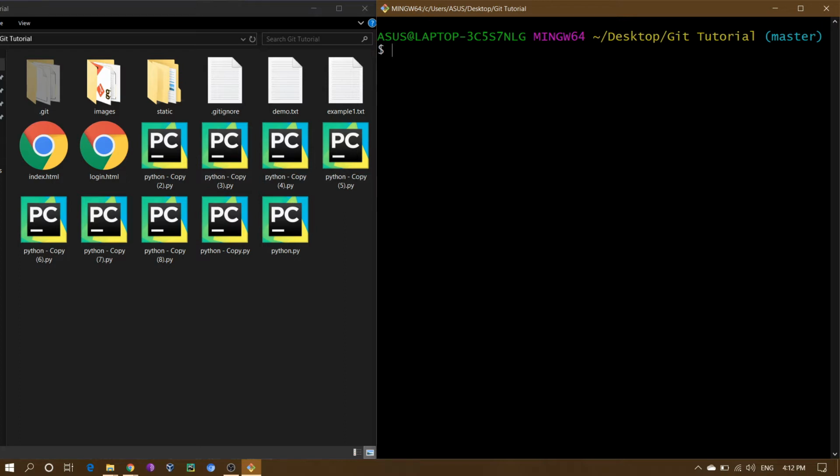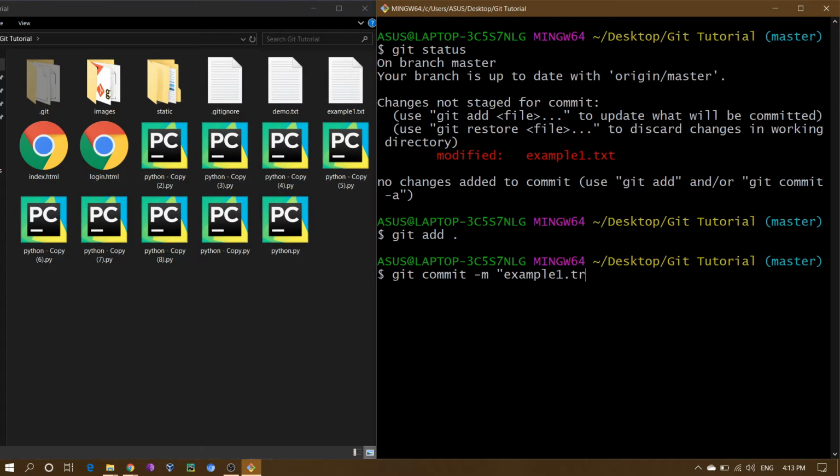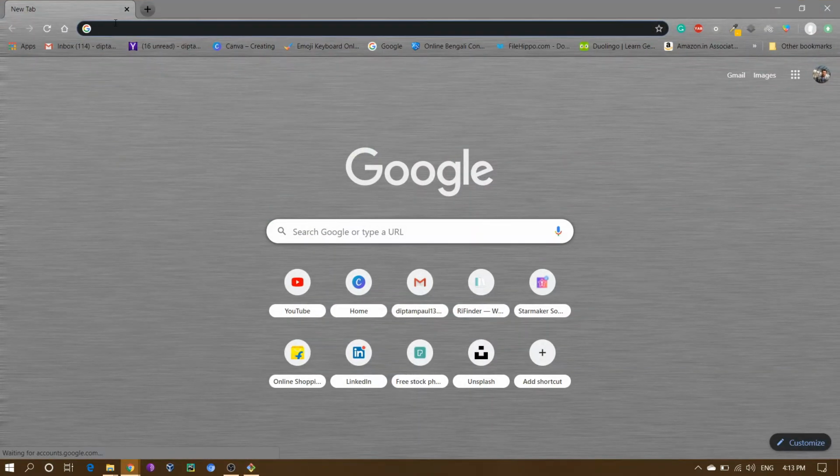Okay, before that we are in our Git tutorial folder, and this is the Git Bash over there. Let's write git status. And okay, so let's commit that. Let's do git add . and then git commit -m "example1.txt is modified". And now let's go into Chrome and open GitHub,